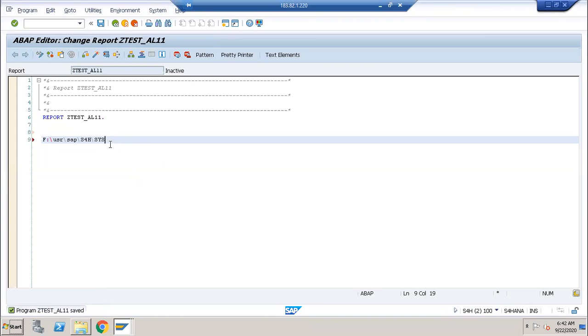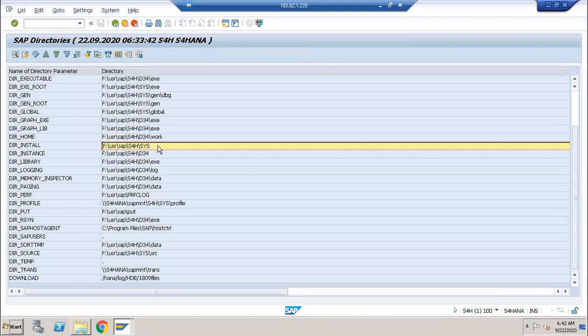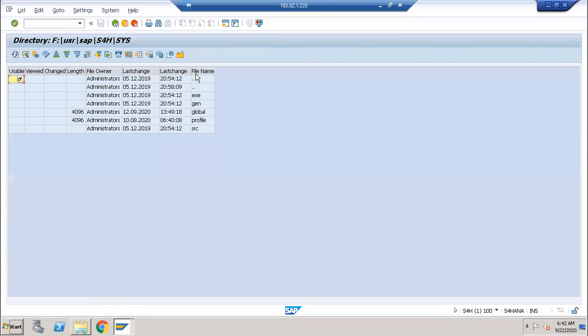Now, what do I want here? If I double click on this folder, I'm getting some folders here, but not any files. How can we know whether there is any file or not? If you are taking a text file, the file name .txt will be there.